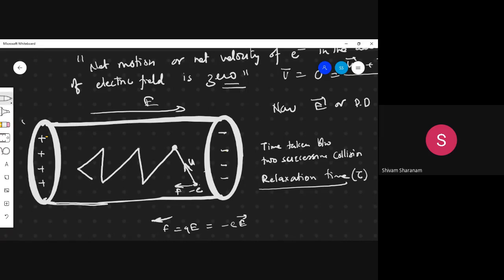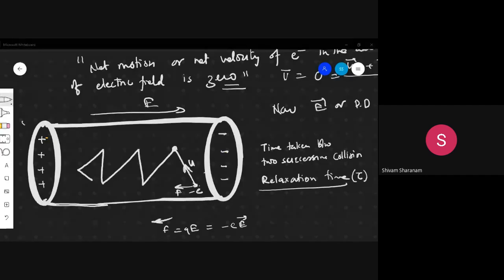This is the direction of force, but it also has velocity in that direction. So what will be the resultant motion here? It has velocity in the upward direction also, okay? And here it has motion in that direction also. So tell me,